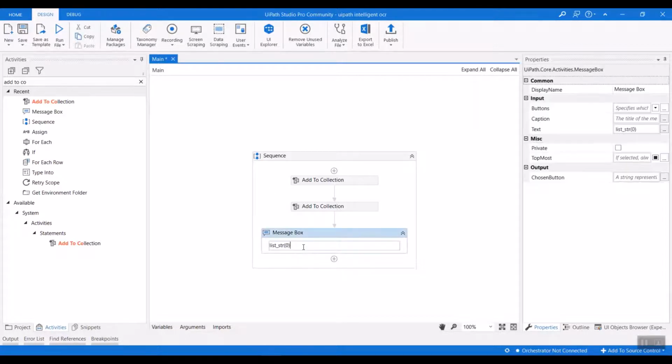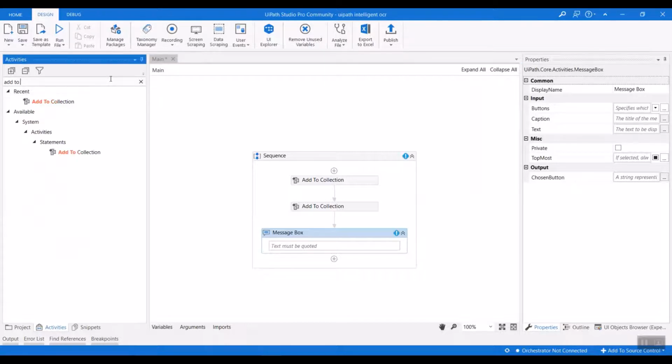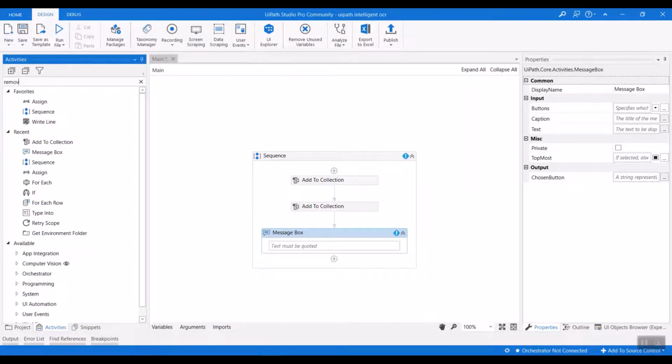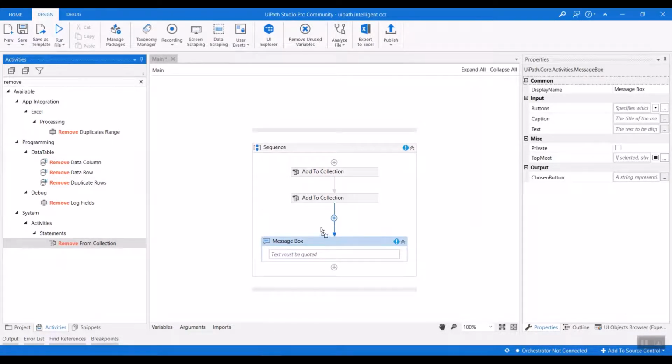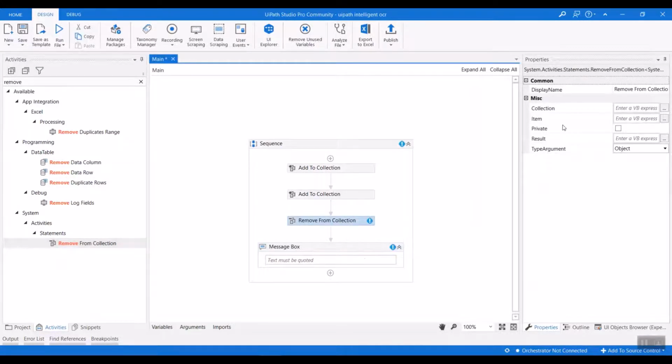I told you how to remove any item from the collection: you can use the .NET operation here. Or if you don't want to use a .NET operation, we already have a Remove From Collection activity here. So you can use that also. For the collection, you just need to give the list name and the item.